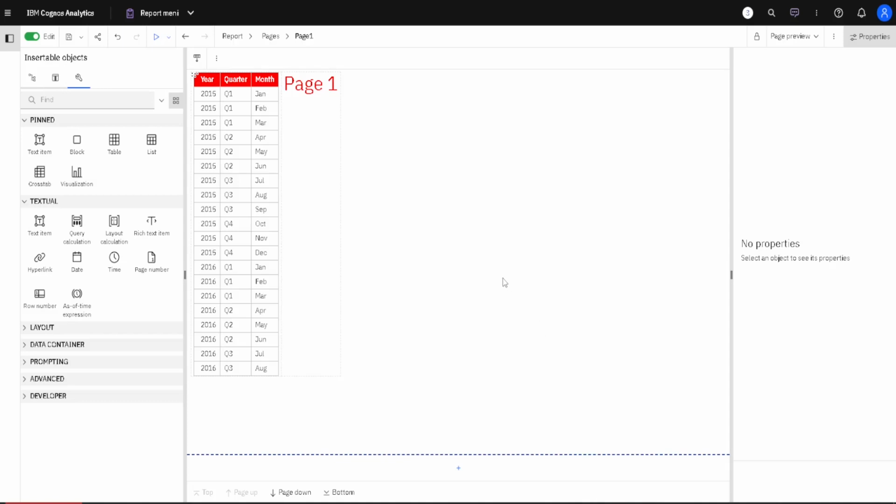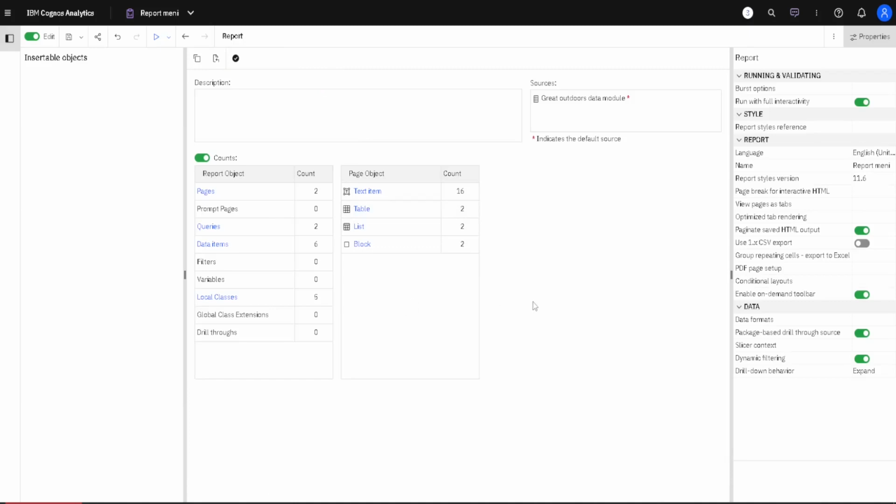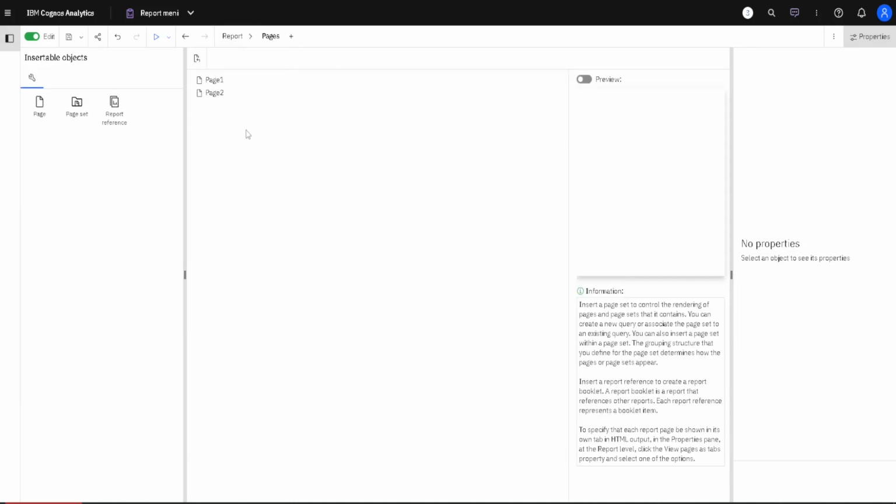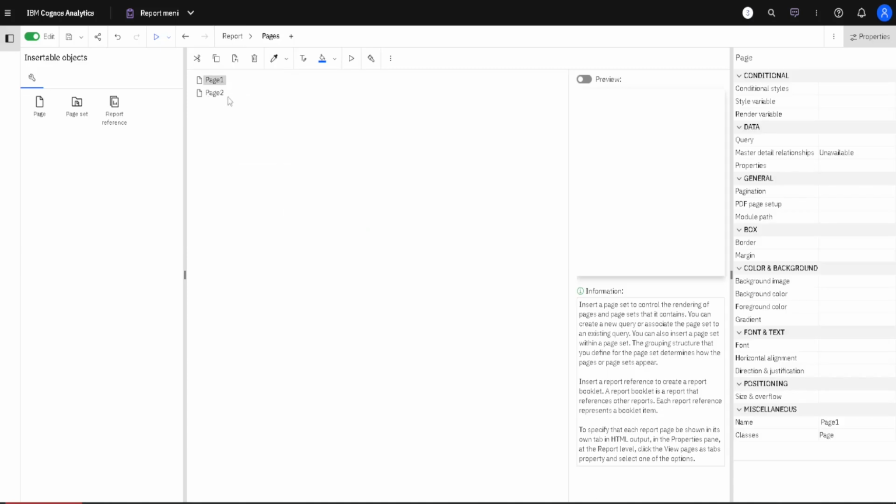The most important menu here in Cognos Report is this report menu. Here we have different items and folders. We can select some item, for example this one, and here we can find different options that will affect the entire report. But if we go to some folder, then we will usually get this presentation where we have some